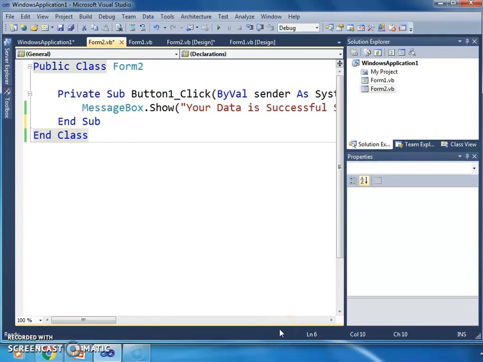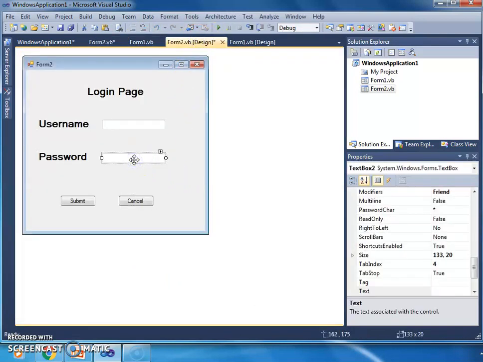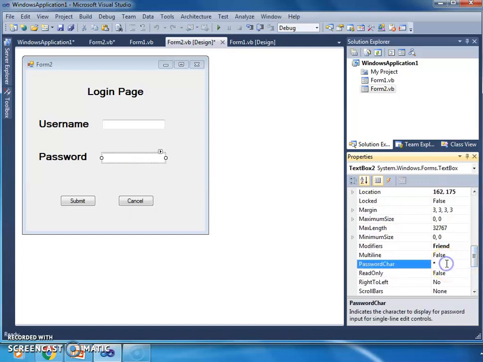Now we have written the message box coding. Then we go through the designing form. We set the text box property of the password control: PasswordChar, give the star symbol, so we cannot show our password.